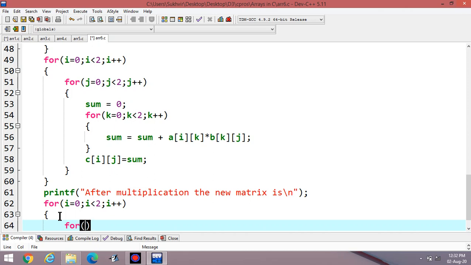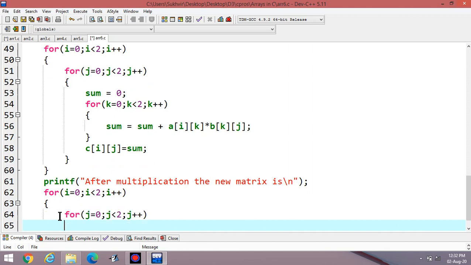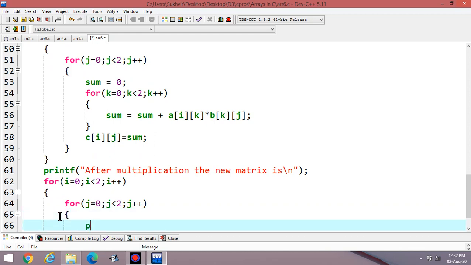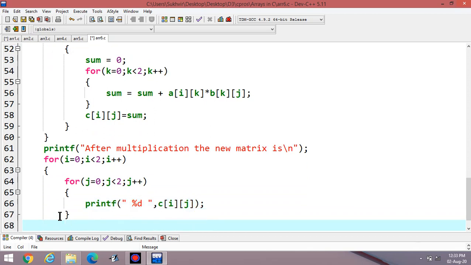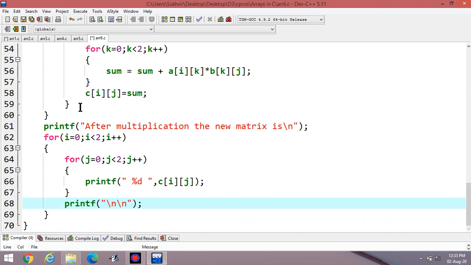After that, the second loop, j is equal to 0, j less than 2, j plus plus. Then the printing of C[i][j] is required, percentage %d, then C, i and j. This value is required. Then printf in the new line. This content is required because I have to print C[i][j] now.